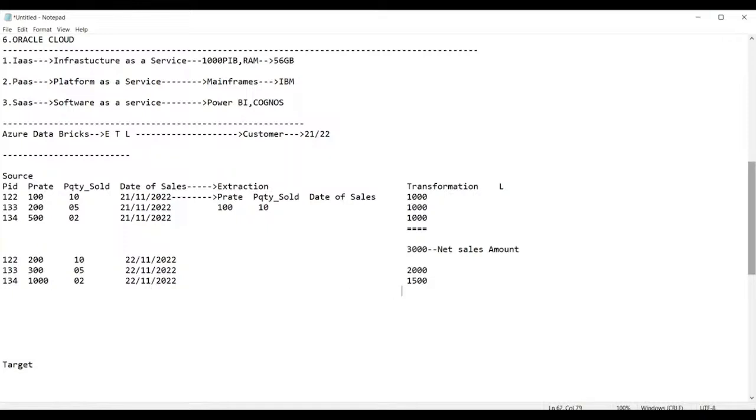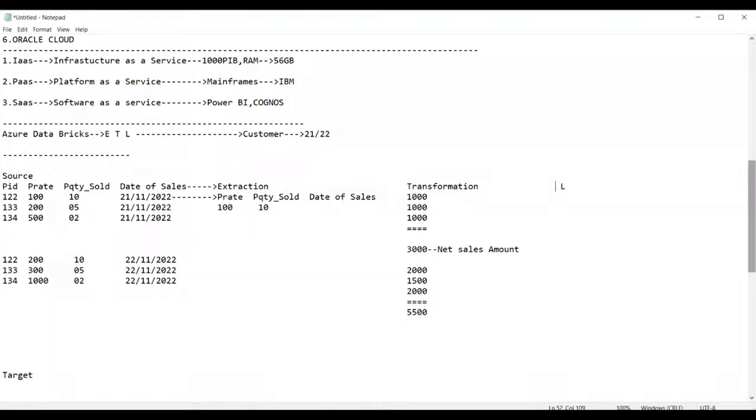Now calculate the sum: 5500. Now, this is the net sales amount. This process is called the transformation process.